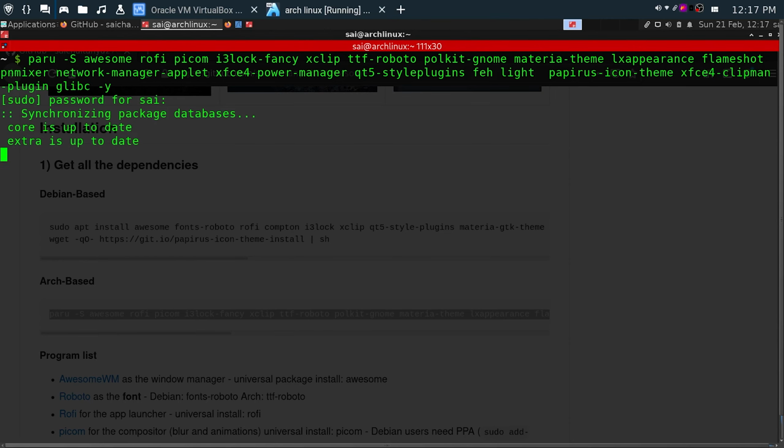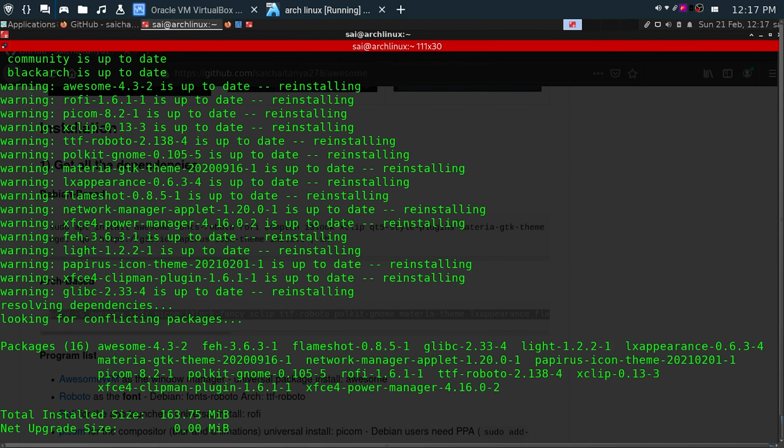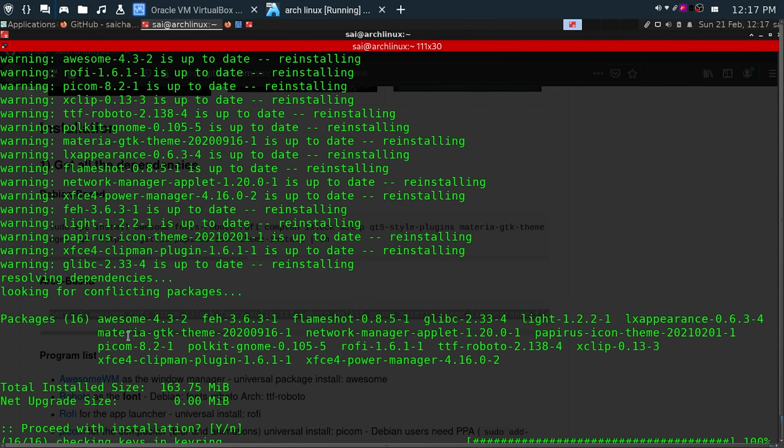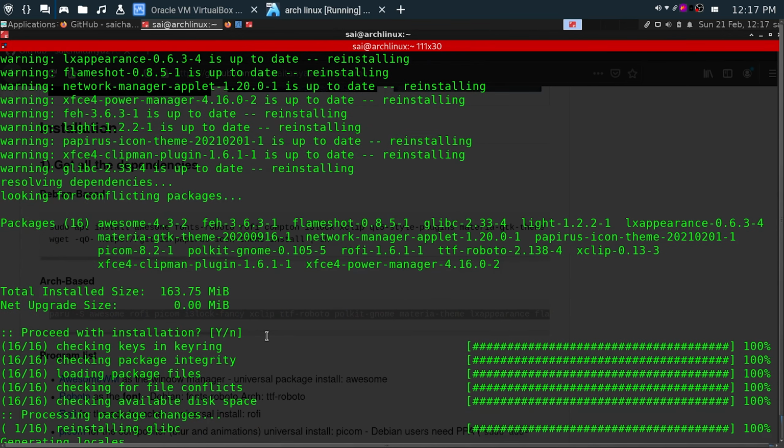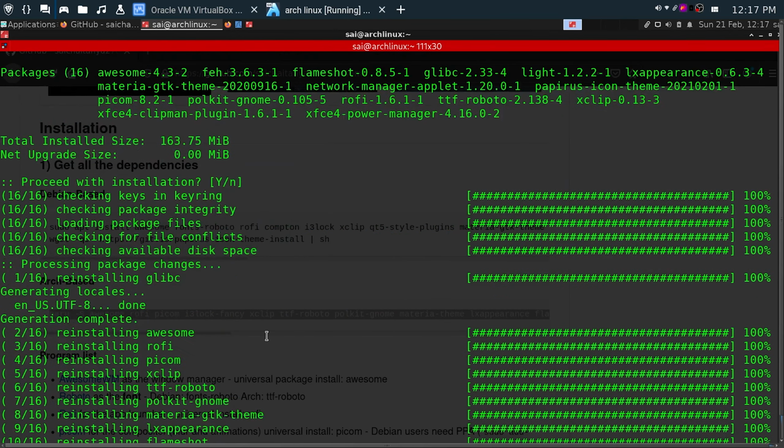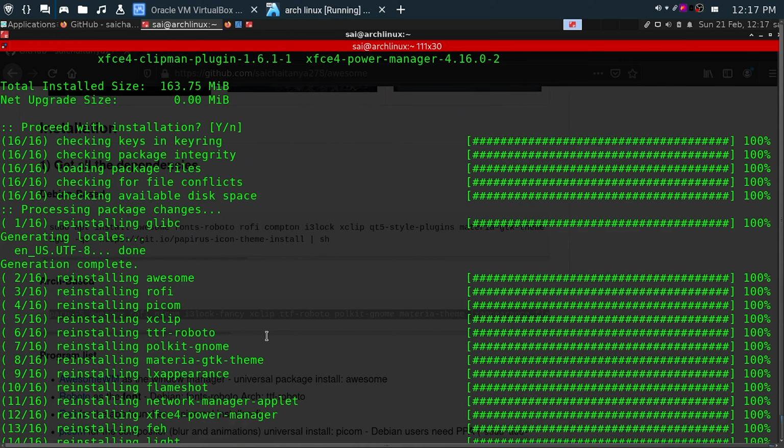Give your password. You can see I already installed this, so it is reinstalling the packages. Just press enter. Let me wait here for a moment.